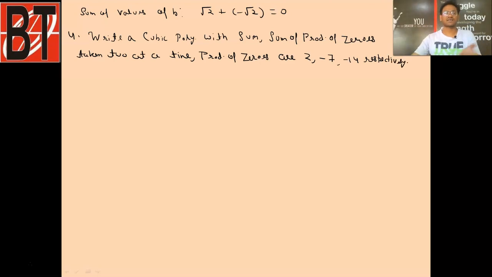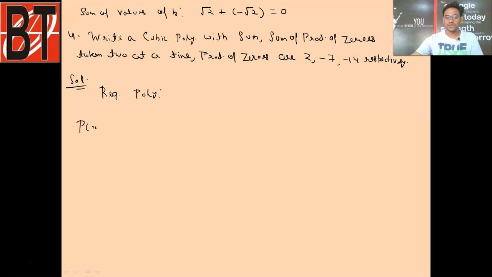Now students, I guess it's a one step question for us. Why? Because we already remember the expression for the polynomial whose zeros are alpha, beta and gamma, but directly we are given the sum of zeros, the sum of product of zeros, and the product of zeros, that is -14. So can I directly write the expression? Okay, without wasting time, I am directly writing the expression. The required polynomial is, suppose p(x),